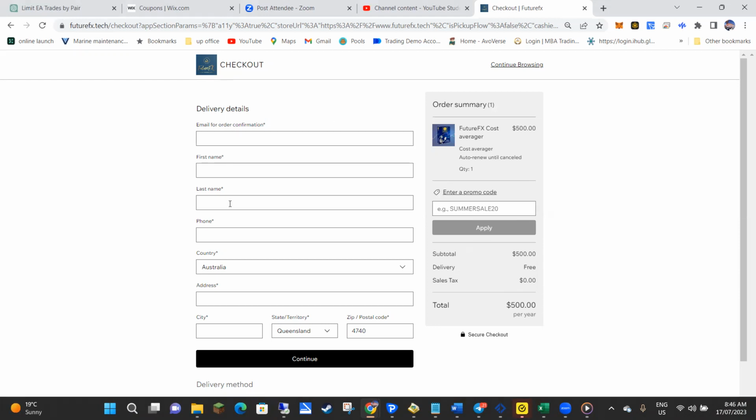I'm not going to go through the whole process, but once you fill in your details and put in the promo code, you can then click continue. It'll take you to the payment page where you'll enter your credit or debit card details and payment should just go through. If for any reason you have an issue with payments via credit cards, especially if it's not an Australian credit card, if it's an overseas purchase, then